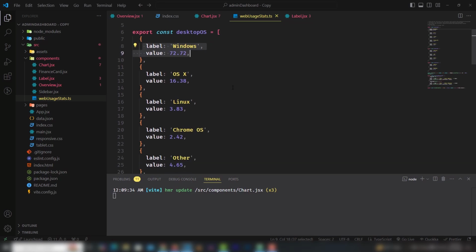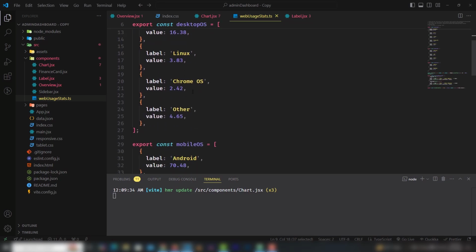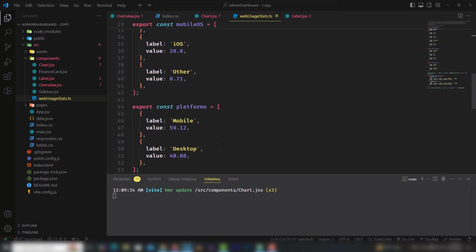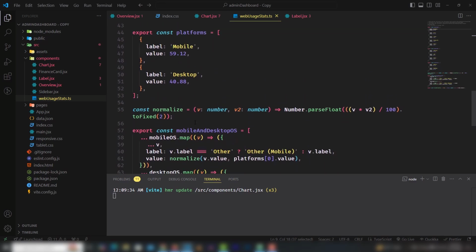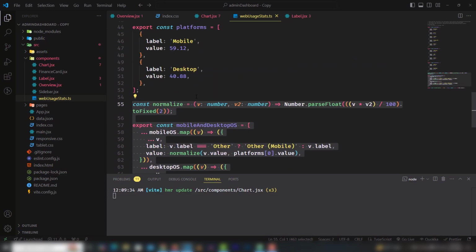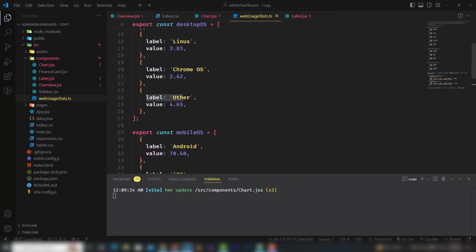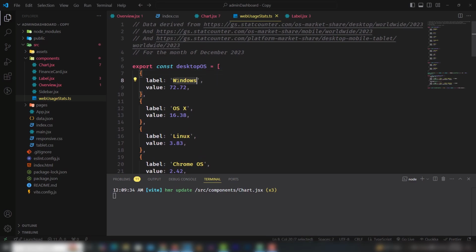So these details are stored inside the web usage like that, but you can use your own JSON file and change the details. You can do that, right? So let's say don't change these things, just change these details. So let me use the